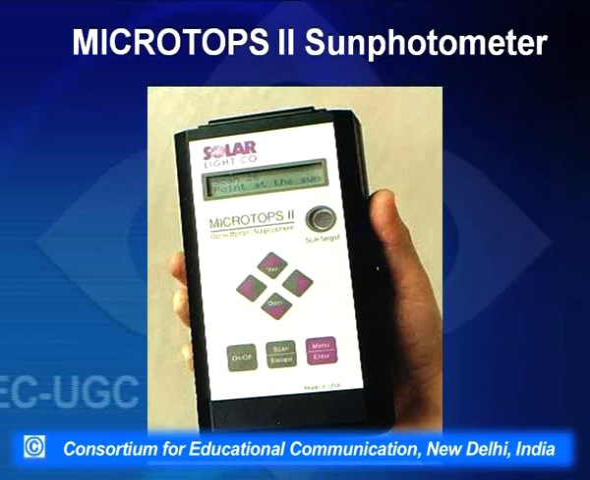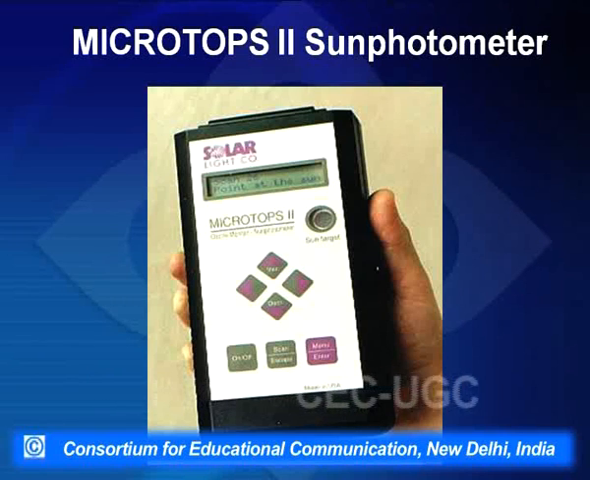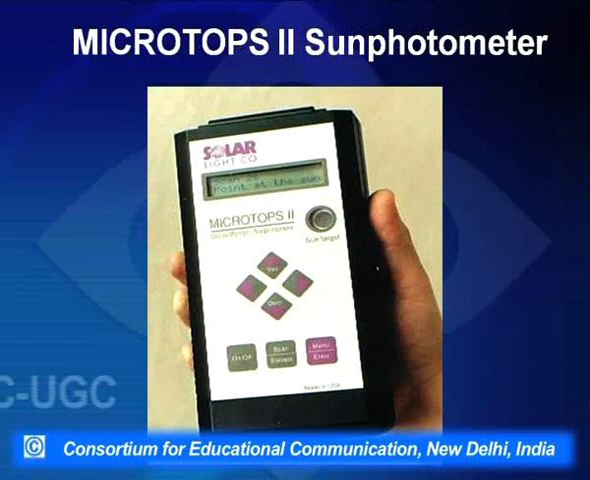This one is the instrument that actually gave us the value of AOD. It is known as a sun photometer. It is manufactured in the United States by the Solar Light Company. We point this instrument towards the sun, and in the center, at the surface of this instrument,